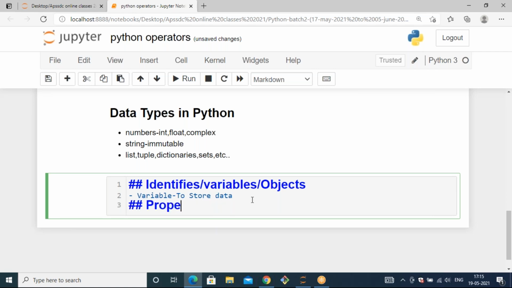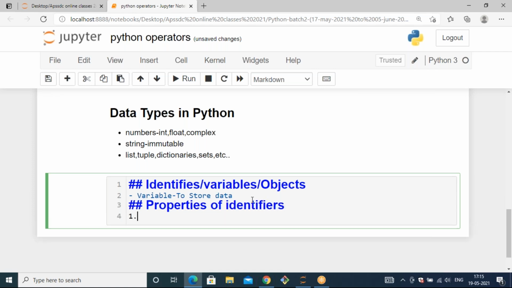Constraints are properties. Let's make it simple: properties of identifiers. So the first foremost property is the variable. Basically, you are from an electronics background or CSE background, so you might know how to define variables. What are the constraints you think there are to create a variable? Let me know in the chat box. When you define a variable, what property does it have?